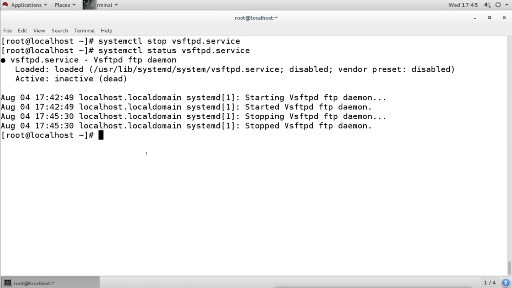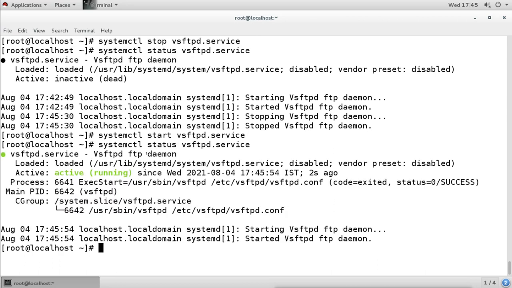Now again I will start this. When you check the status, it will say it is starting. Now it will start, but there is one more problem here. If you see here, this is the default status, and this default status indicates disabled. Disabled means that when we restart the system, it will go back to the default status, and the default status is saying disabled. So when we reboot our system, the service will go back to disabled. It will be inactive again.